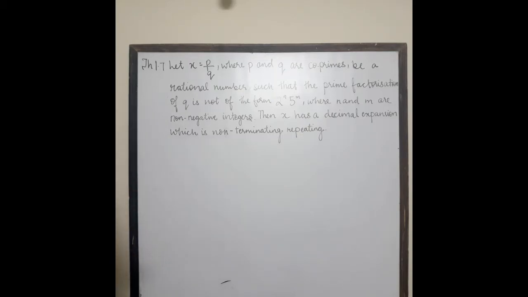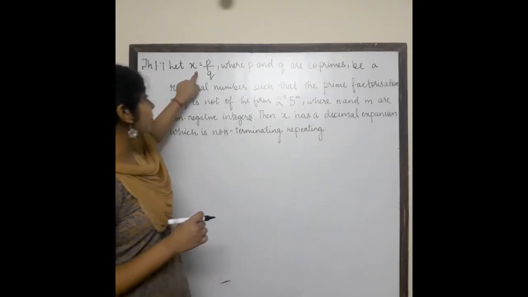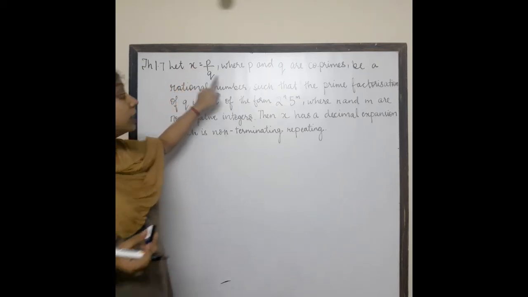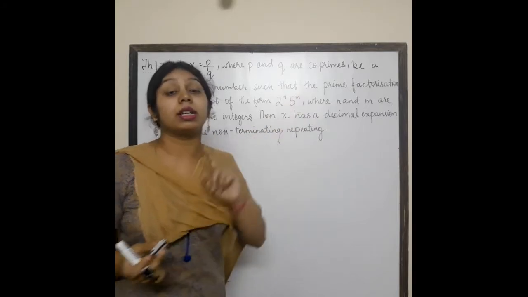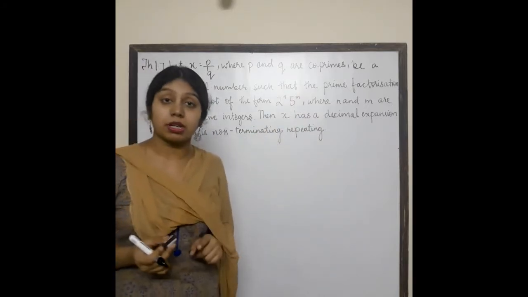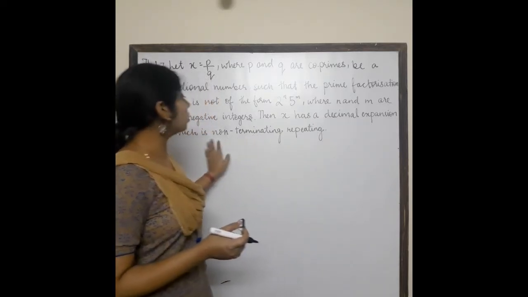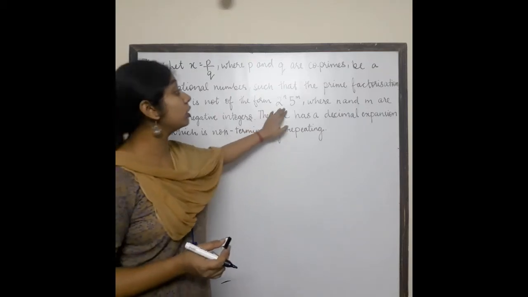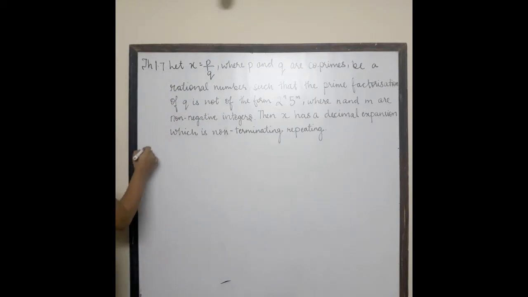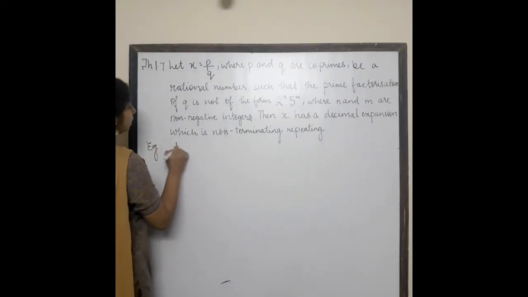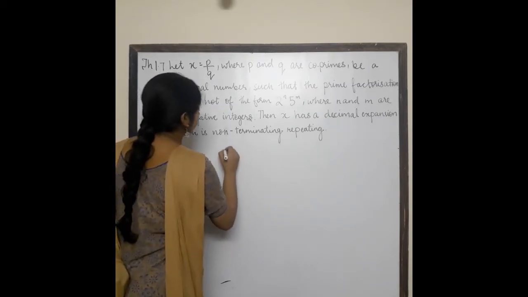Now, through theorem 1.5 and 1.6, it was clear that if x is a rational number and it is written in the form of p upon q, and q is in the form of 2 to the power n, 5 to the power m, then the decimal expansion will always be terminating. But now in this case, the decimal expansion is recurring or non-terminating, repeating. That means q is not in the form of 2 to the power n, 5 to the power m. Let us understand this with the help of one example, say 1 upon 7. Now if I want to divide 1 by 7, let us see.